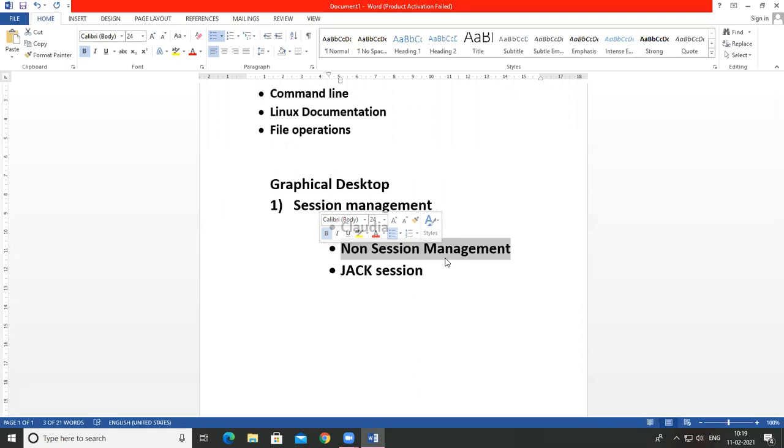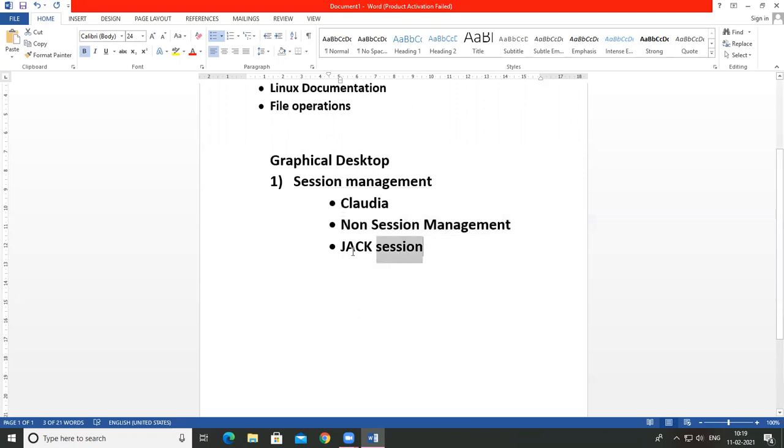Okay. Then the third one is Jack Session. So Jack Session was introduced in 2011, and it is one of the most popular session management applications. And this Jack connection is not compatible with other session management protocols, and without session management support, it has limited compatibility with apps.